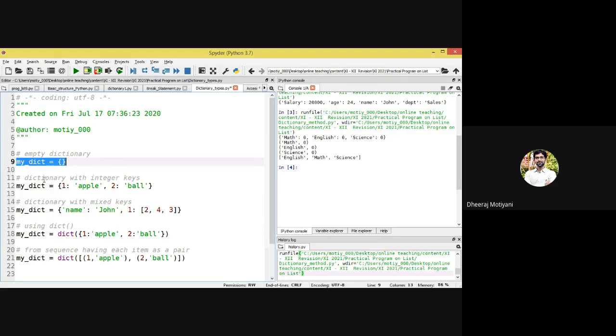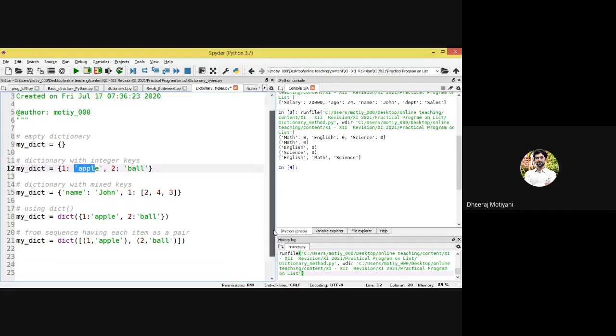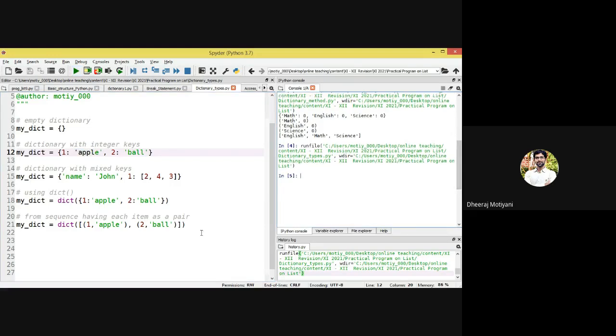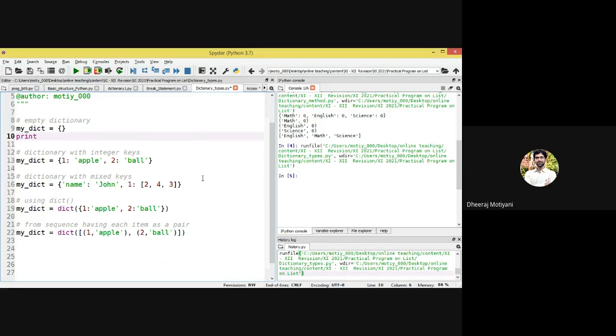Now, if you want to pass a particular dictionary with key value, so this is your key and this is your value. They will take it as a key value pair. Now, if you want mixed keys, okay, mixed keys basically means... I can print this part. I can print this part also. You can see the difference between these parts. Okay.